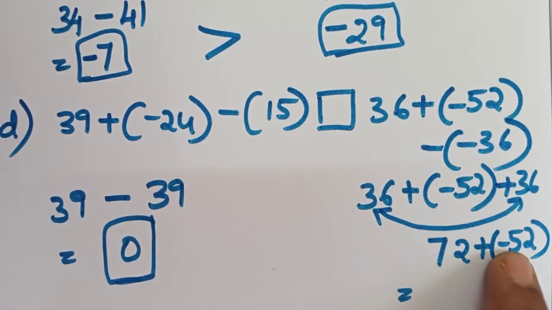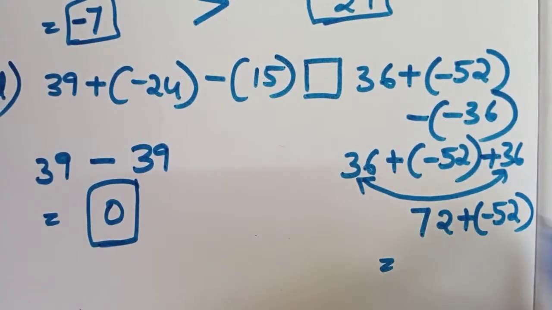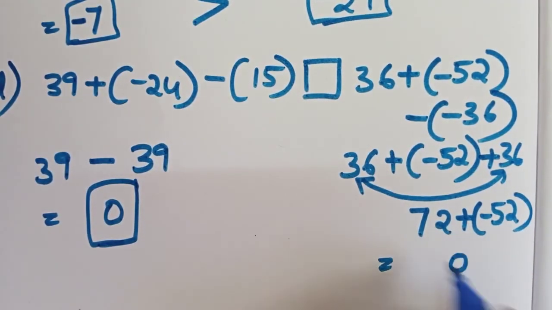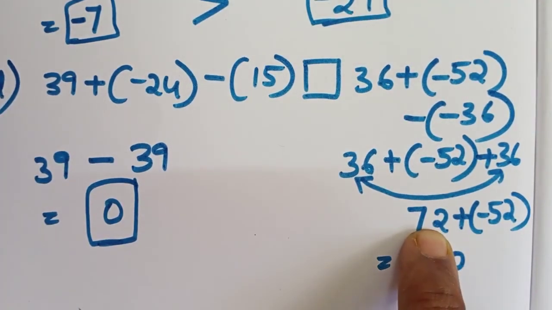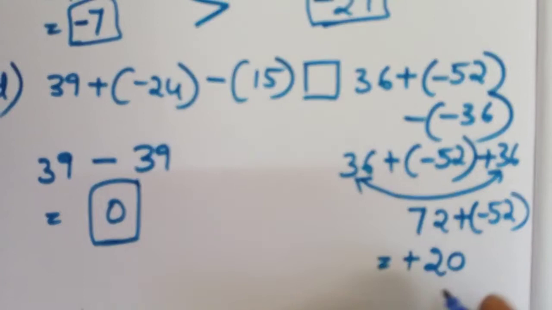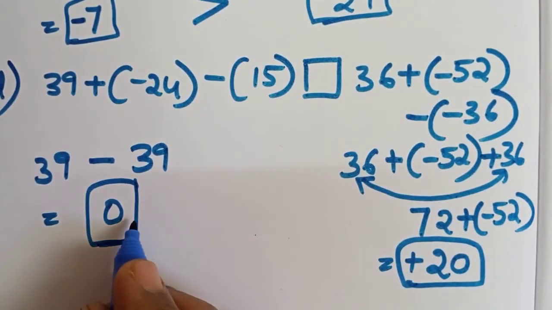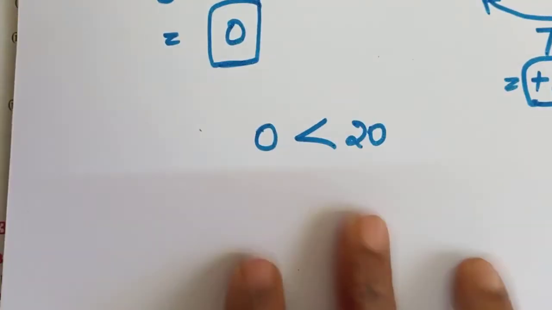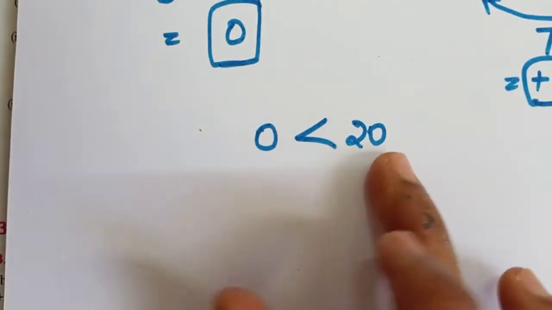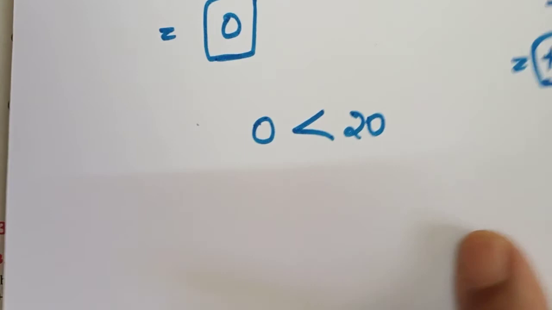One is plus and the other one is minus. So we need to subtract. 2 minus 2, 0. 7 minus 5, 2. But I should give a positive for this 20. Why? 72 is the biggest one. 72 is having a positive. So it will be plus 20 this side and 0 this side. Okay. 0 and 20. Which is bigger? Obviously 20 is big. This is easy because 0 and a positive number you can understand immediately.